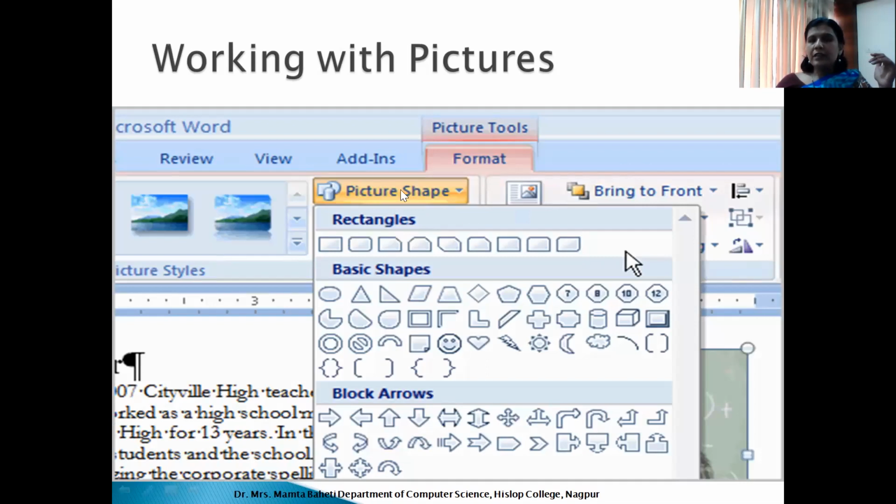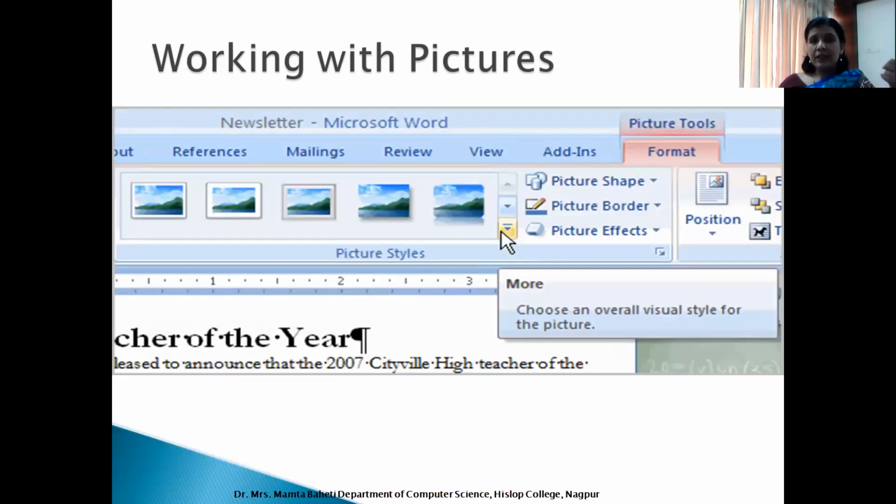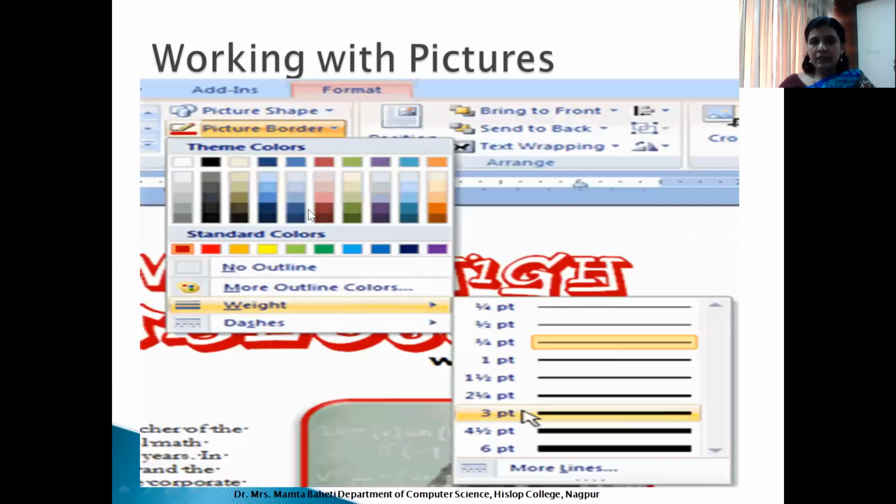Okay. Then you can format it with respect to shapes. You can make your picture a rectangle box or likewise shapes. Okay. More styles can be applied, more colors, more borders. This is done recursively with respect to text boxes, images, objects, and many more things. The concept is how to use it. Your working object might be a picture, might be a shape, might be a text box. It can be anything. Okay. Same options are there. Your picture border, you will select the weight, the type,